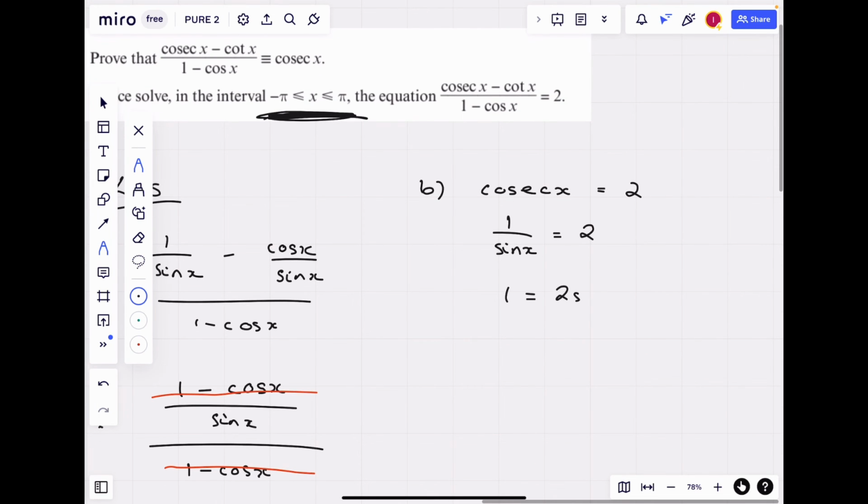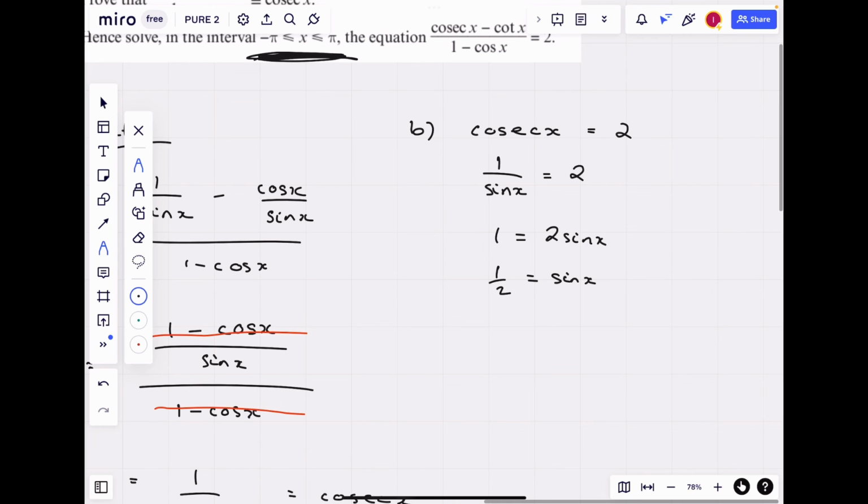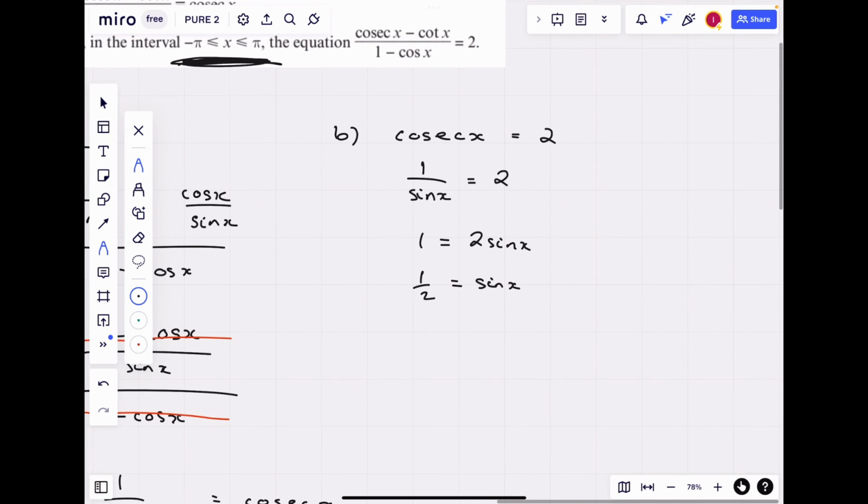So 1 equals 2 sine. Sine equals a half. Now, when we do the inverse of that, and we're doing it in radians, the inverse of sine of a half gives pi over 6,